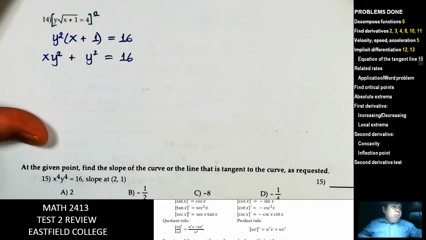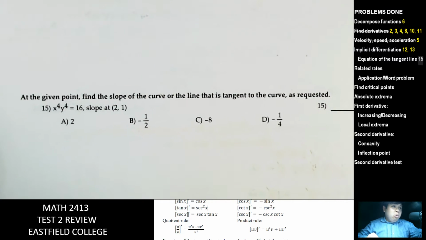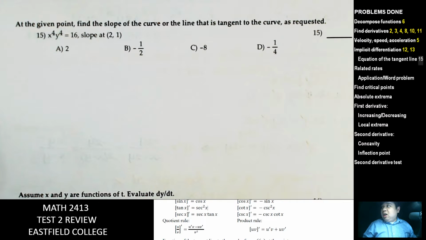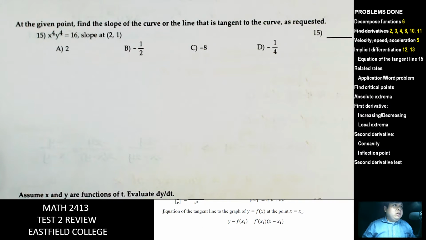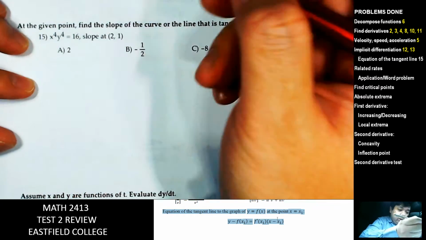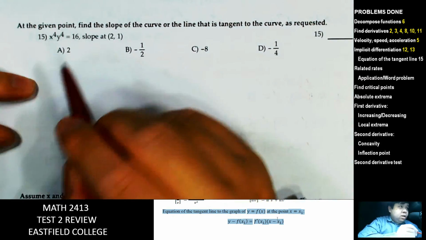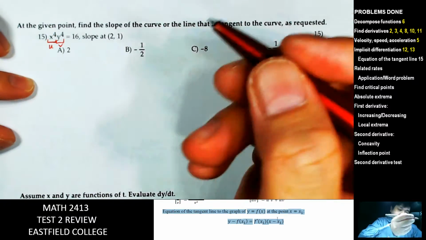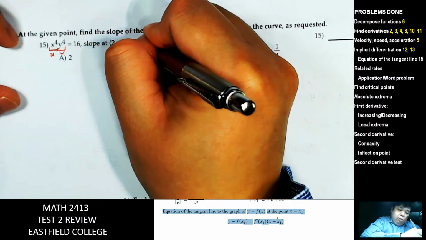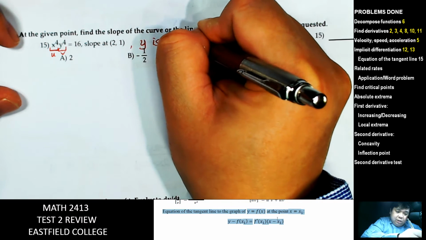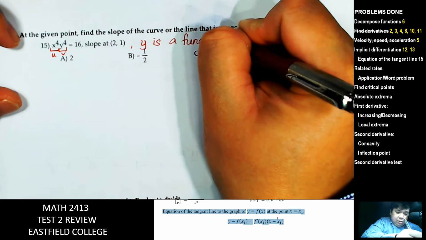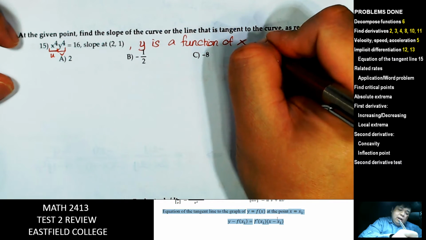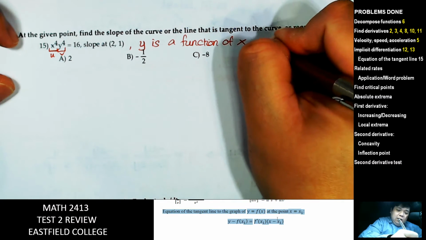Right, 15. On the test you will have either this kind of question or we ask for the equation of the tangent line. So if we need the equation of the tangent line, it's going to be that. Now the first thing is the same as before. We have y is a function of x, and this is u, that is v. So let's just say y is a function of x, and then differentiate